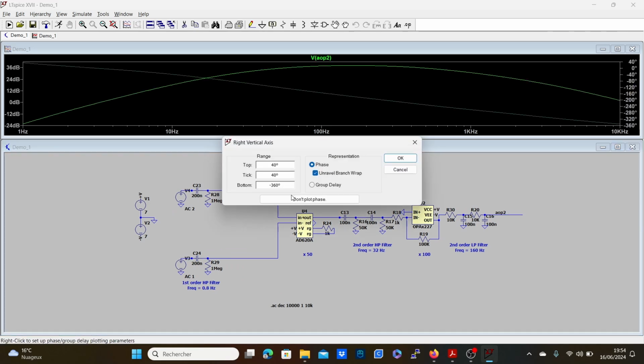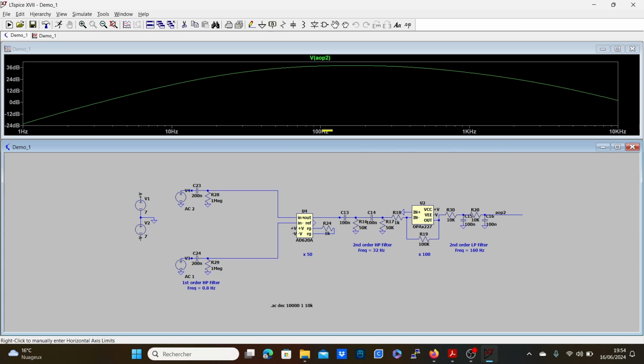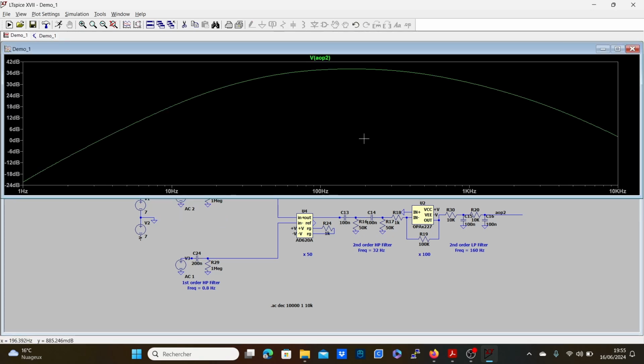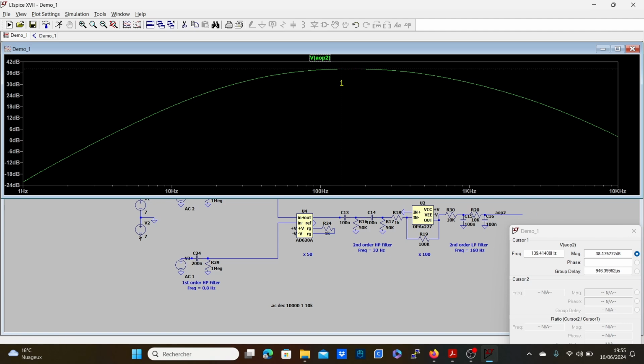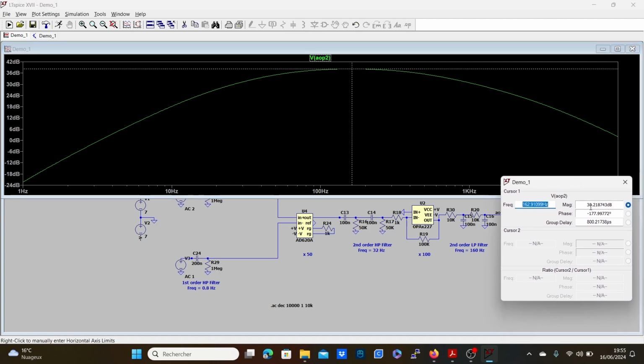I don't need to look at the phase, so I'm just going to stick with the magnitude. So as I said, we are nowhere close to 5,000. As you can see here, our peak magnitude is around, let's say, 40 decibel. And we are in decibel per decade, so we are at roughly 40 decibel per decade. And to calculate the gain here,